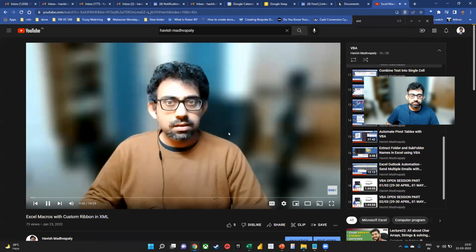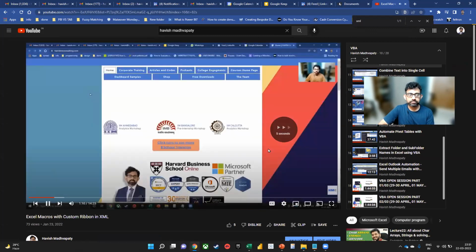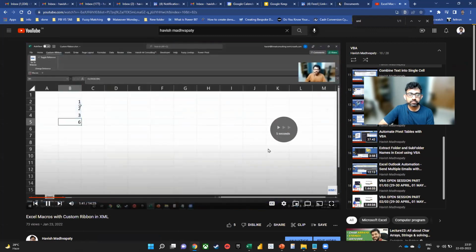Like this. So if you want to create your own custom ribbon, you need a different software for this called the RibbonX UI editor, right? I'll just show you how this works. I have a button. If I click those, okay. So if you notice, I first,